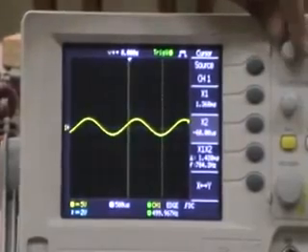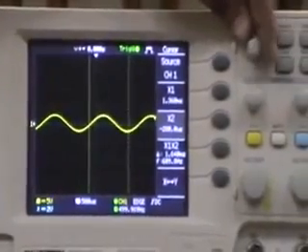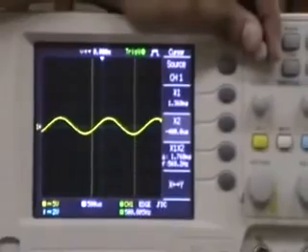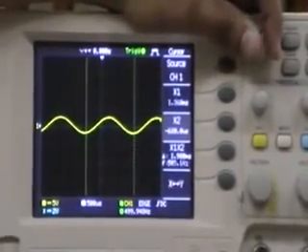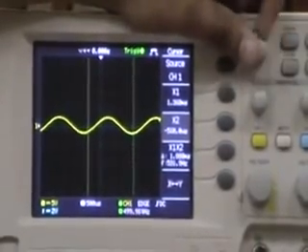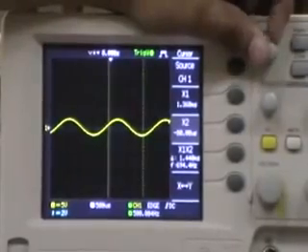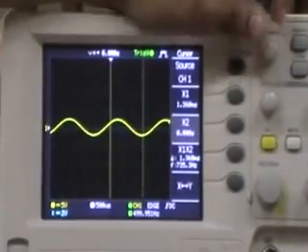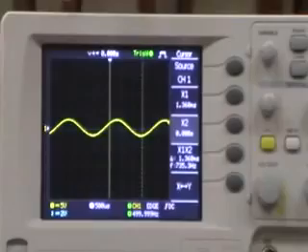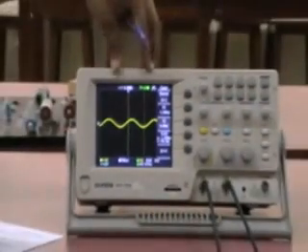Again, moving this variable knob, we can see that we are able to move this vertical line to left or right. Now suppose we want to measure the time between the peaks of this waveform.